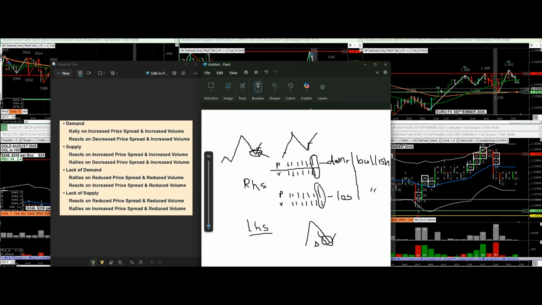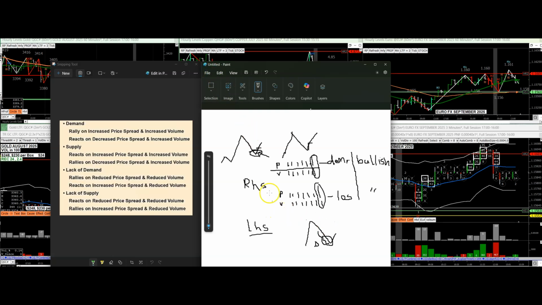As it's pulling back, I want to see it. So how do you do that? And this is where effort comes into play. All right, and I'll show you how to do that. Where it says demand reacts on decreased price spread and increased volume. All right,